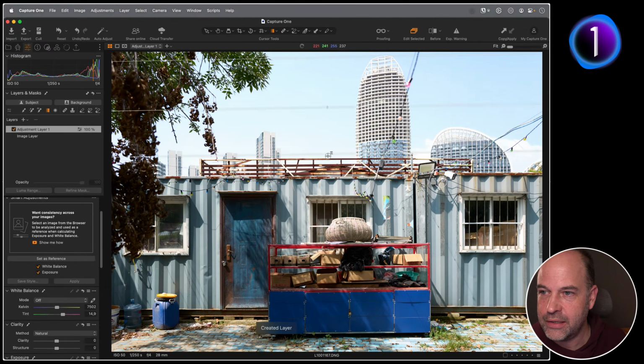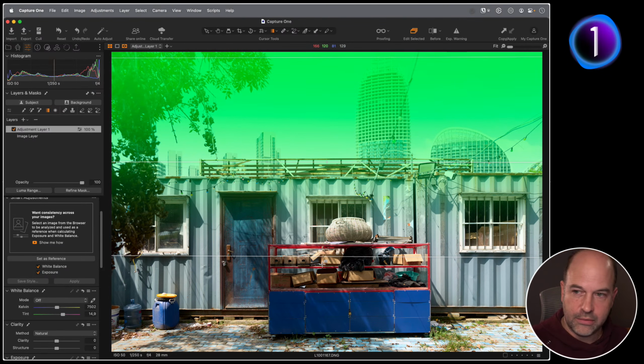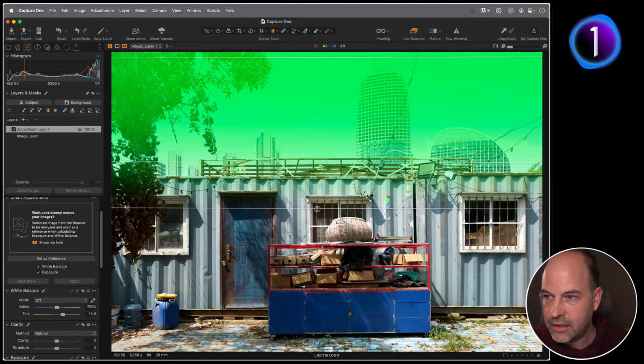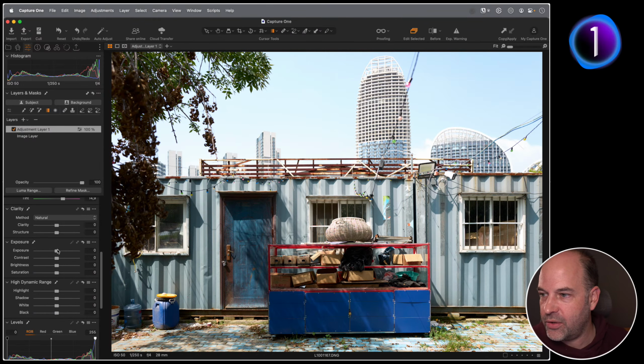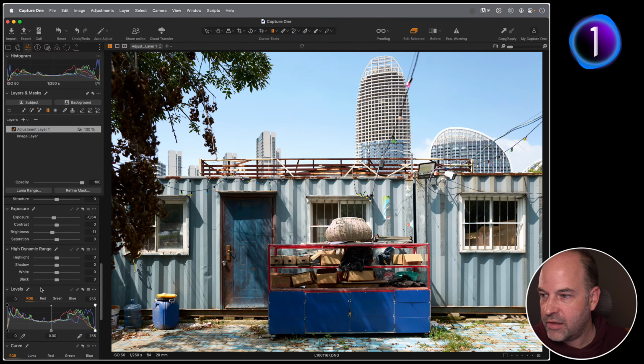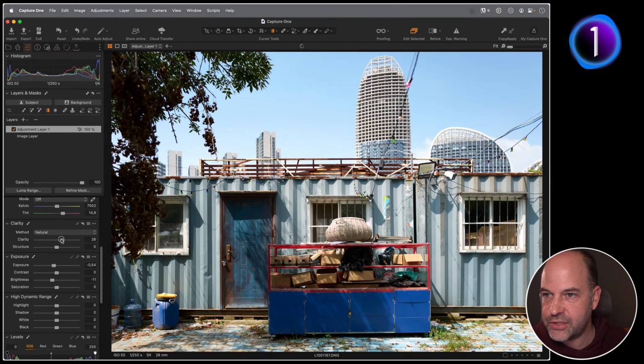So fourth cursor in. Let's just bring that down. If I press M on my keyboard so you can see the mask, we're going to end up with something like that. I'm going to hold down Option on my keyboard to make this fall off a little bit harsher, because I only want it to extend to there. So that's my mask, and then all I'm going to do is bring my exposure and brightness down a bit, throw in perhaps a little bit of clarity just so the buildings pop, and job done, like so. That's all it really needed.